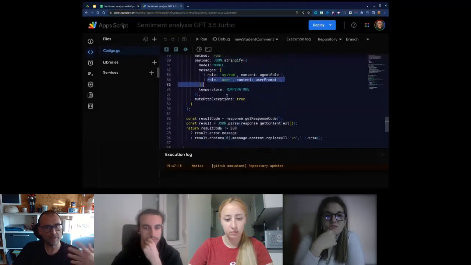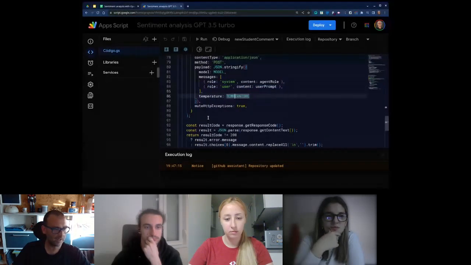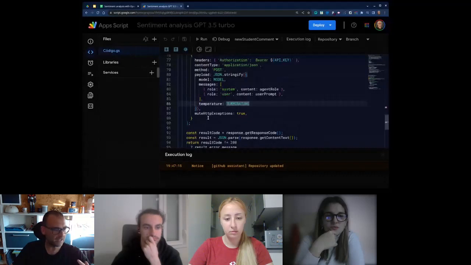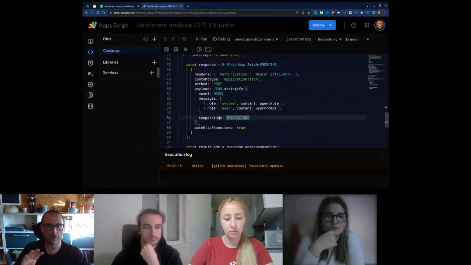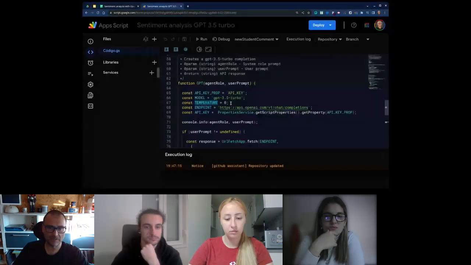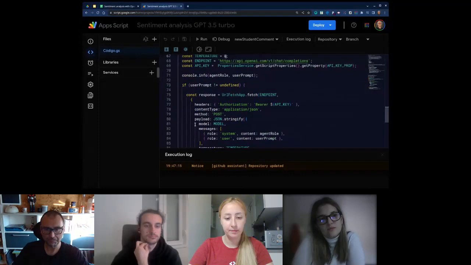I can specify the temperature. If you are familiar with how these models work, you know that there is a parameter called temperature that makes the model more or less creative. In this case, I don't want the model to be creative. Temperature 0. That's to say, I always want to get the same result from the same comment. Don't make things up.